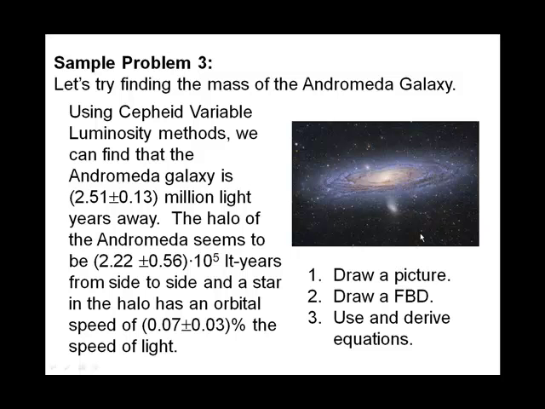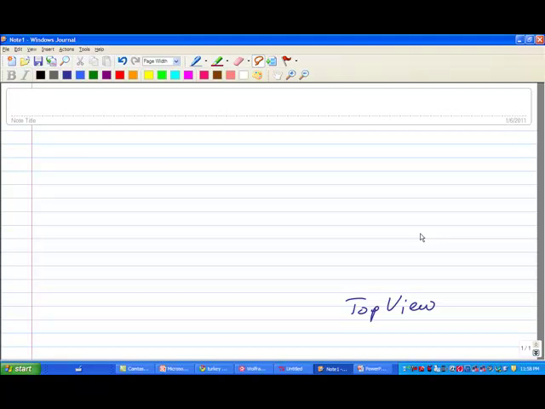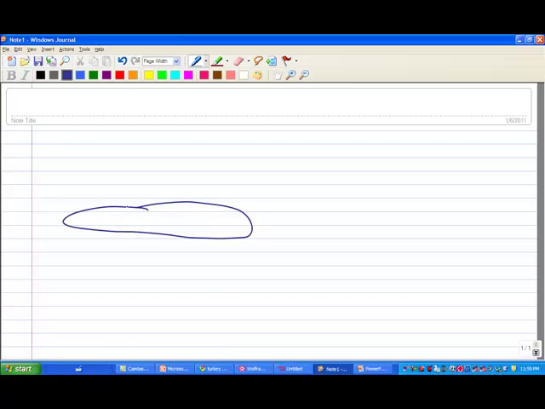Okay, so let's see if we can work on this now as a group. So hopefully the first thing you did, as you should always do, is you drew a picture. And in this case, we might want to first try to look at it from a side view. That's kind of the way the picture was oriented for us. And for a side view,